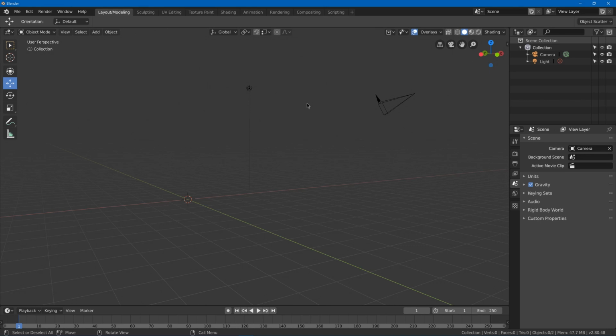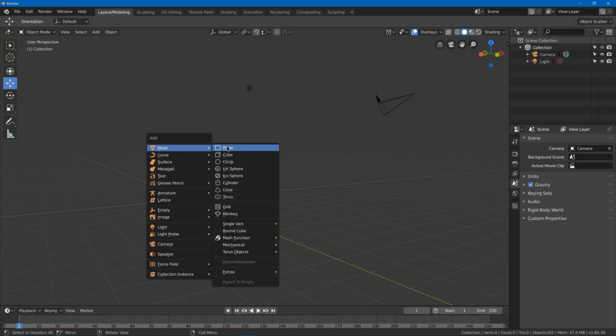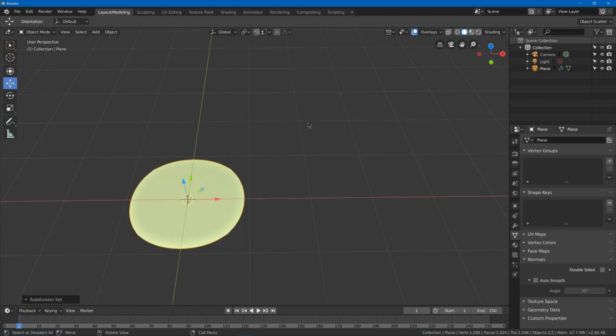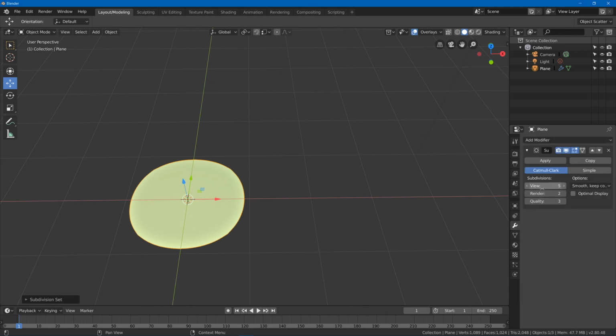Today I'm going to show you how you can use sculpting to make tileable textures in Blender 2.8. So first of all, you're going to need to hit Shift A and add a plane. Next, I'm going to hit Control 5, and what that's going to do is add a subdivision surface modifier. And I'm going to go into the wrench for the modifiers, and I'm actually going to bring this